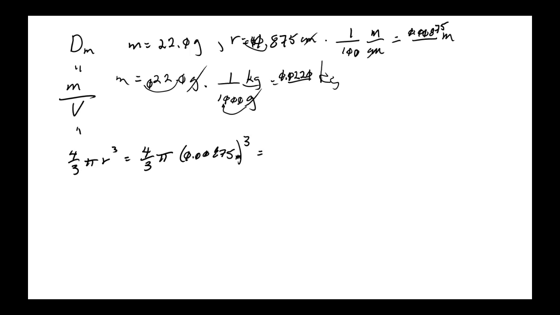0.000000067 something another. Right? Now, I'm going to multiply that by 4. Multiply that by pi. Let's see if you have pi on your calculator. I don't see it. Okay? And since I don't see it on the calculator, 3.1416. Okay? And then divide this by 3, because there's your 3 there. And hit equal. And you get